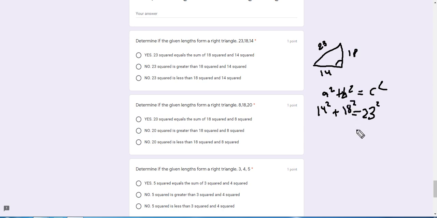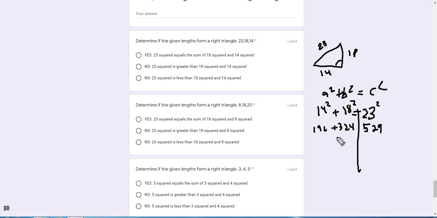Okay, you're balancing these. Okay, see if it's equal. So here we go. 14 squared, that's 196. Okay, and we're adding it on to 18 squared. 18 squared is 324. Okay, and then we need to see if that equals 23 squared, which is